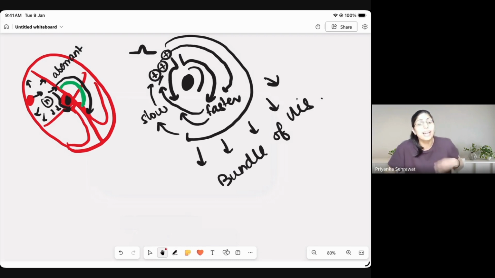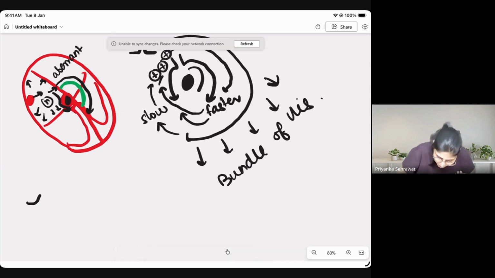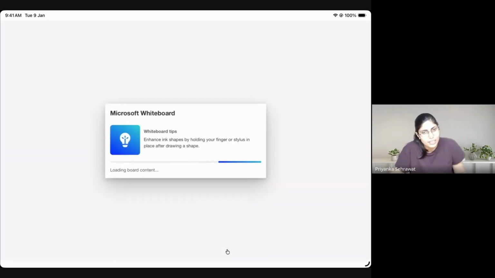Right. Now what happens is, because of the bundle of His, the first thing it depolarizes, leading to formation of the Q wave, is the septal depolarization, right? Here the septal depolarization is not very effective. It is not able to give rise to a negative deflection. Instead, it gives rise to something known as a delta wave.